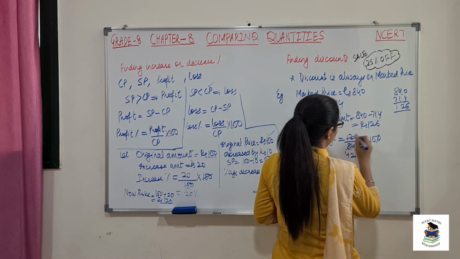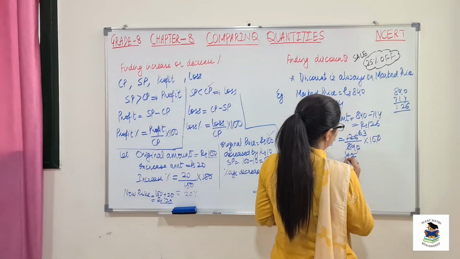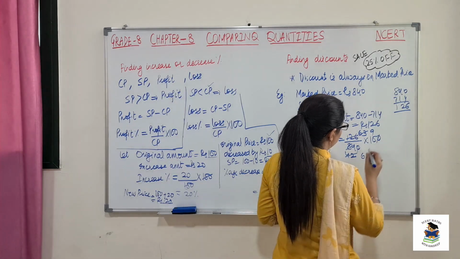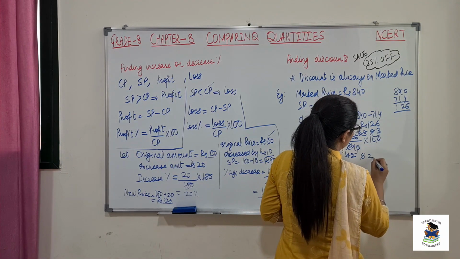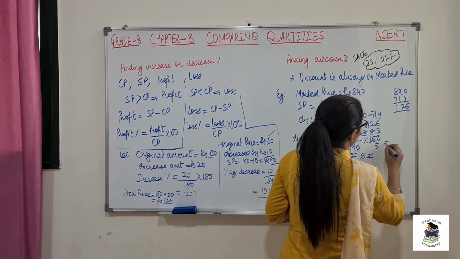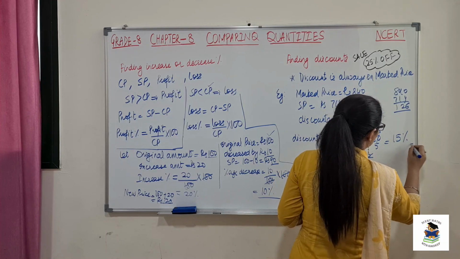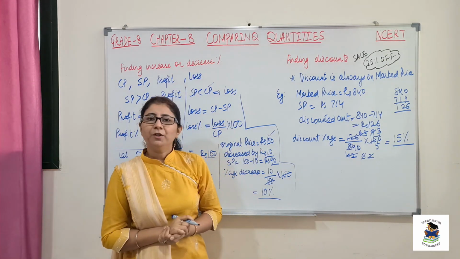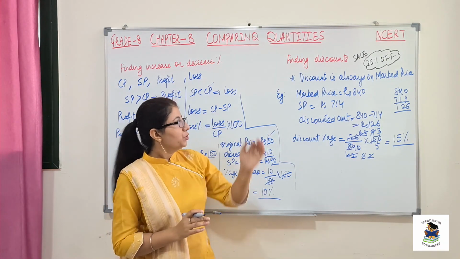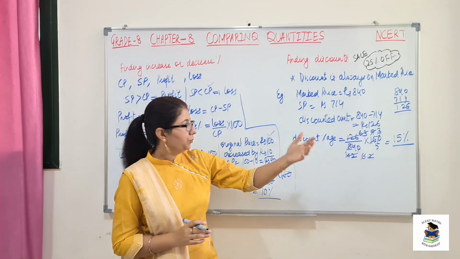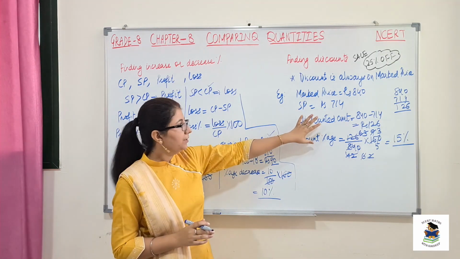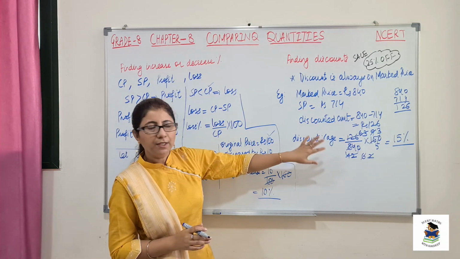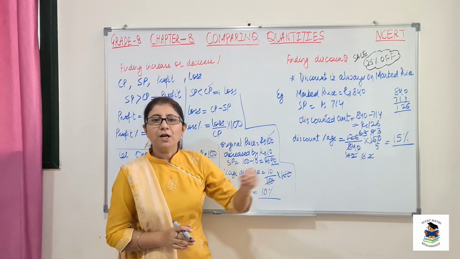Okay, so let's see what we will get. This is 42 and 63. 7 6s are 42, 7 9s are 63. So then 3, 2 and 5. So 3 into 5. So a 15% offer is going on this particular object under consideration. So this is how we will calculate discount percentage if discounted amount is given, or it may come the other way around also, that percentage is given and we have to find our discounted amount.